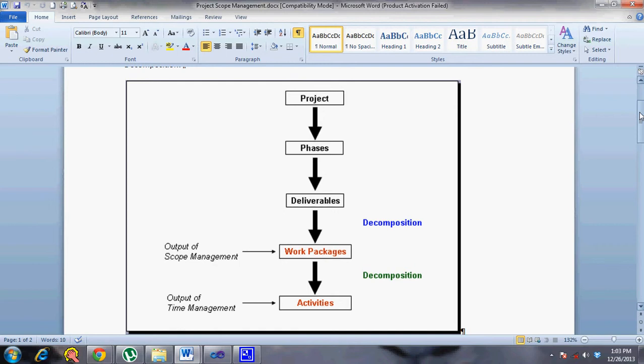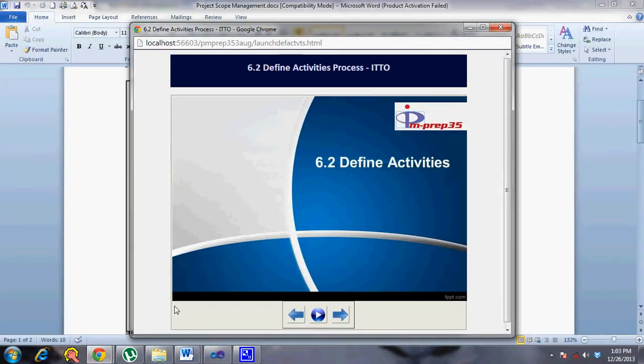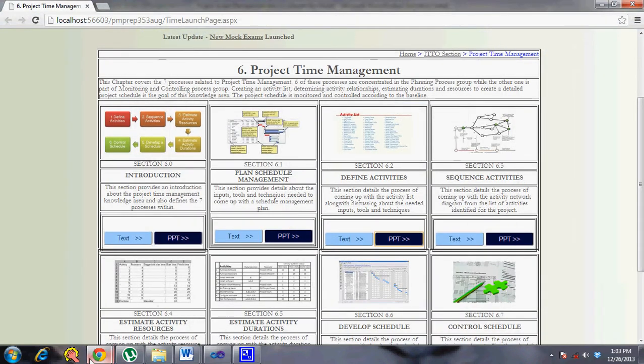So in most projects, the create WBS and define scope, even though it falls in scope management knowledge area, and this particular process of defining the activity list, although it falls in the time management knowledge area, these are all overlapping and they tend to be done as one single process as part of creating the schedule. So the schedule as such uses the activity list, but in case of the PMBOK, the creation of activities is broken down as a separate process. So that's why you have the define activities here as a separate process.